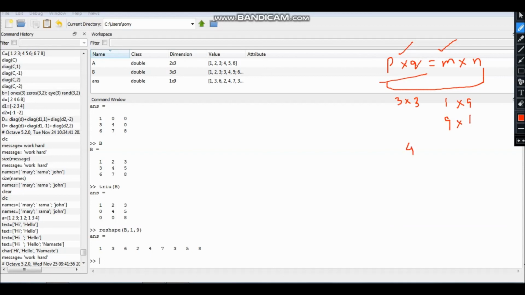If I have a 4 cross 4 matrix, the ways of reshaping that matrix are: I can reshape it as 2 cross 8, 8 cross 2, 16 cross 1 and 1 cross 16. So these are the 4 ways of reshaping a 4 cross 4 matrix, meaning the product should remain equal to 16.